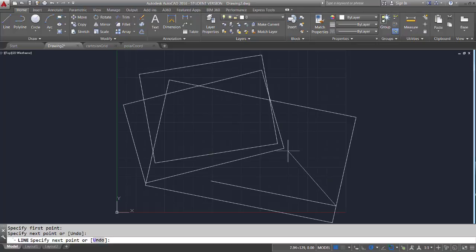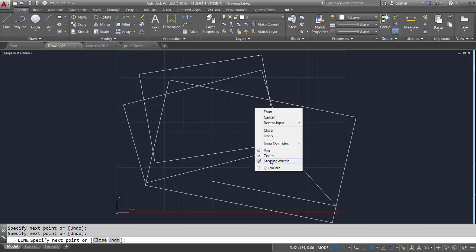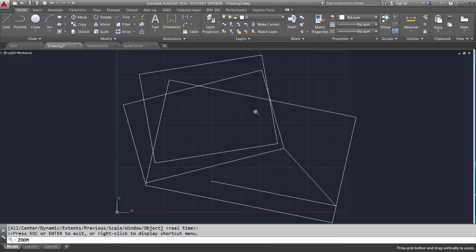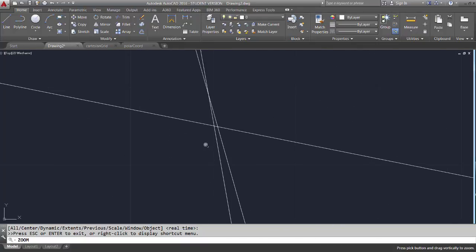So I can continue with that. I can come up here, click on an endpoint, and I know that I have attached to it. I can come up here where there's a collection of lines, and this may be a case where you want to zoom in so you see what's going on, because if you don't zoom in, you can't really draw accurately there. So I'm going to right click, hit zoom, and then right click again and use zoom window, and I'm going to draw a little window around this area and zoom in. Then hit exit, and I'm back to my line command, and we see there's a lot happening right here. For instance, we have an intersection there,